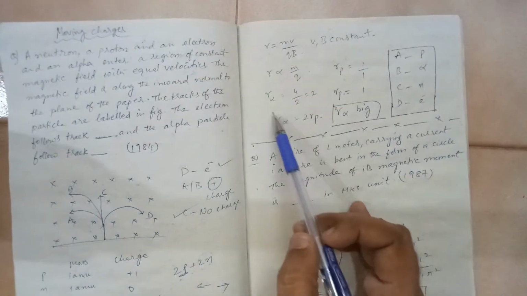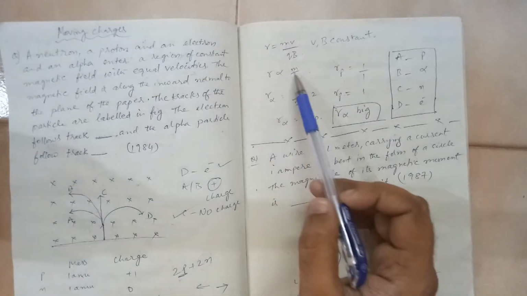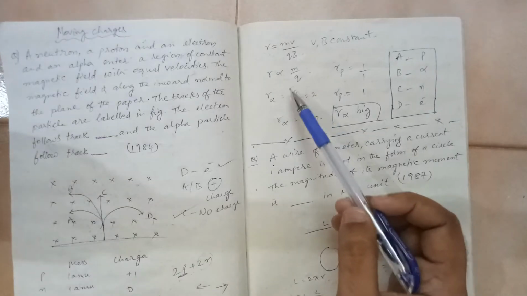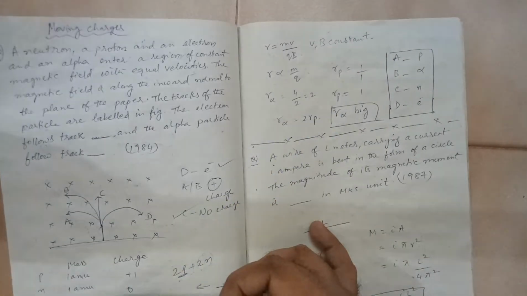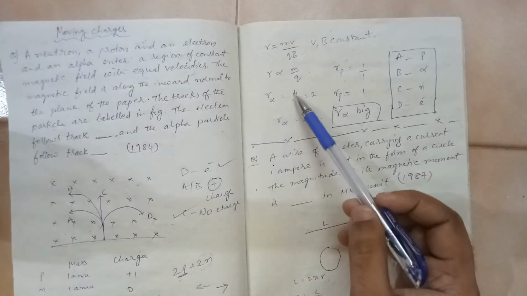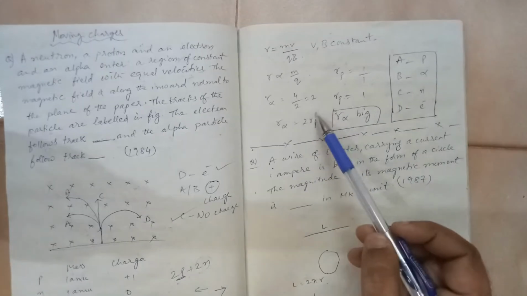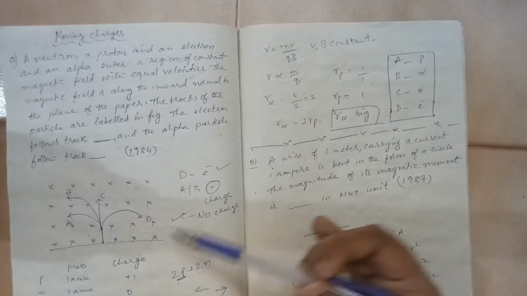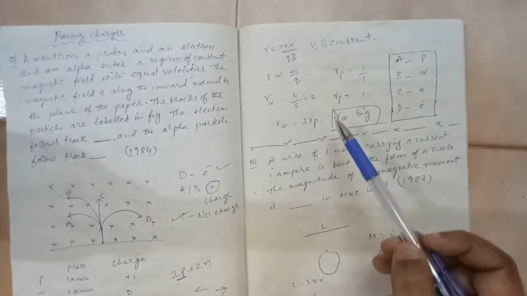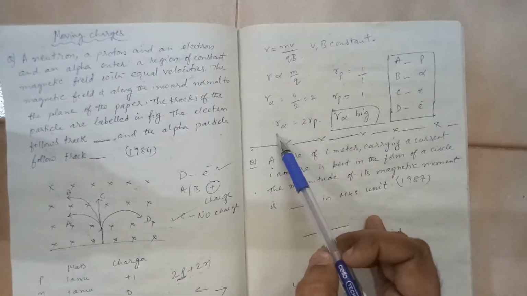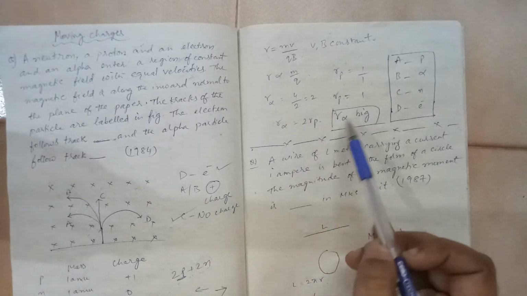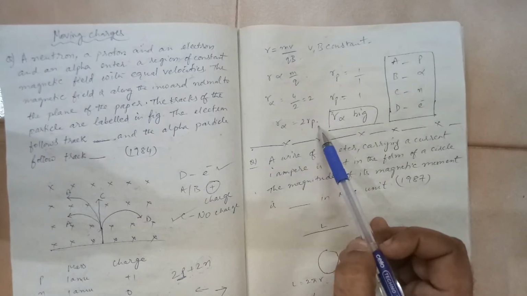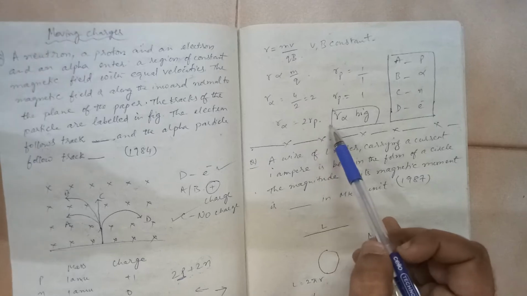If you take the alpha particle, the mass is 4 units and the charge is 2 units, so it is 4 by 2, it is 2. If you take the proton, the mass is 1 unit and the charge is 1 unit, so you get 1. So you can see that R alpha is almost 2 times Rp. R alpha is big compared with the